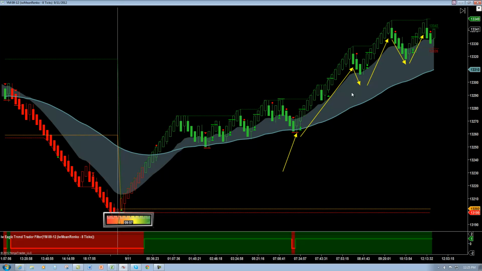Now, a question you're probably asking me right now is, why didn't I count this little number right here? Well, I don't count this as a pullback unless I have at least 2 bars where price is pulling back. This is just a little bit of noise, a bump in the road. The question you're also probably asking is, did I take this trade right here? Depending on how fast the market is moving, I may have taken that trade, but more than likely I would have waited for at least a 2 or 3 bar pullback like I have right here to take this trade.